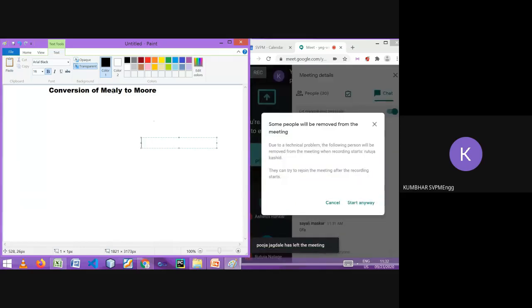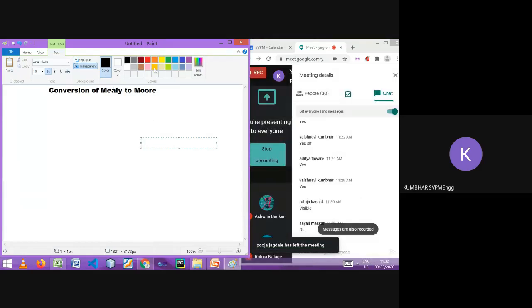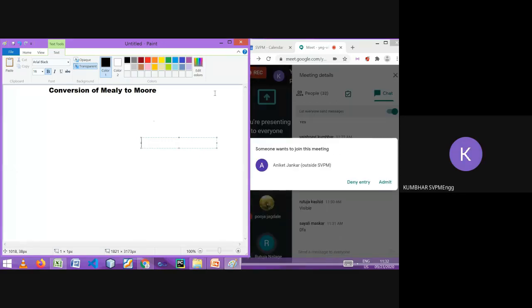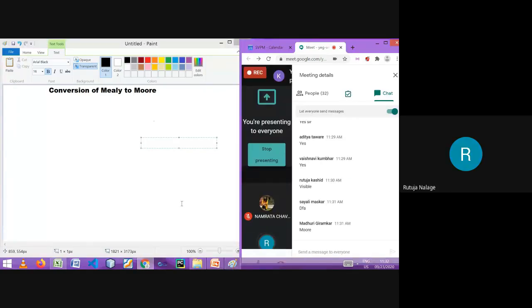Mealy or Moore machine? In a Mealy machine, the output depends on the present state and the present input, on transition. Yes, correct. And for a Moore machine, the output depends only on the present state. Yes, correct. So with the state, you will get the output in a Moore machine.